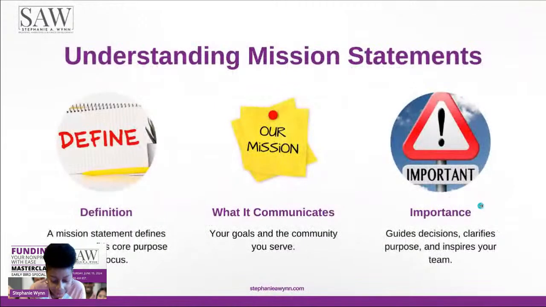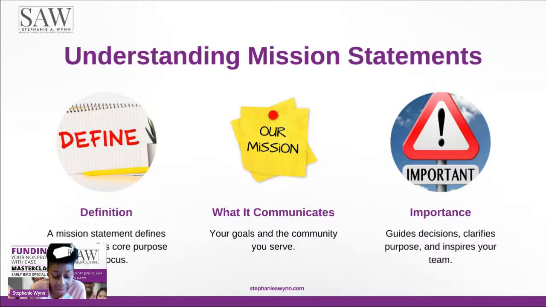All right. So let's get to understanding the mission statement. How do we understand it? First, you need to define what your mission statement is. A mission statement defines your organization's or your social enterprise's core purpose and focus. So maybe you have a for-profit, but you have a social enterprise attached to it. For my social entrepreneurs out there,